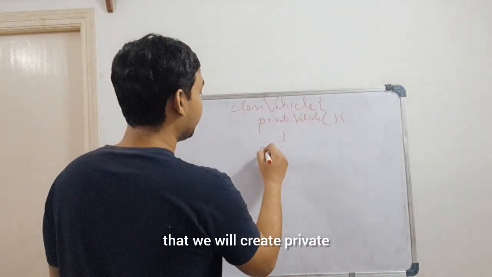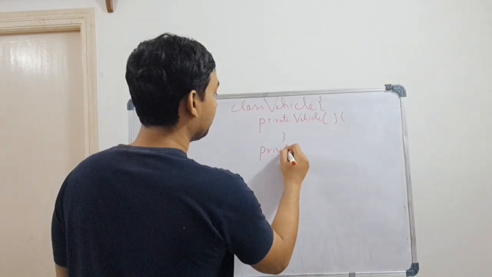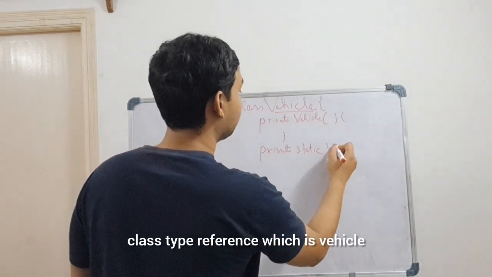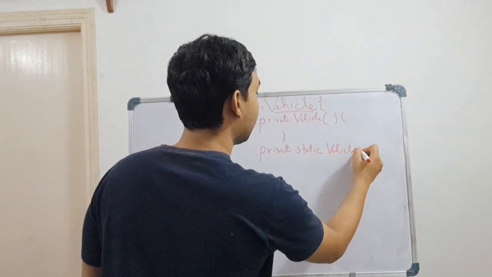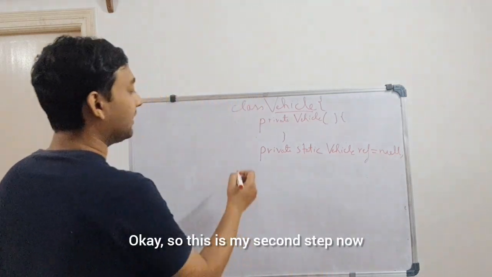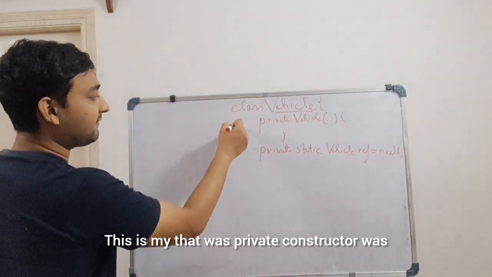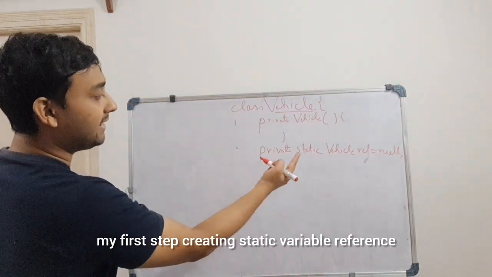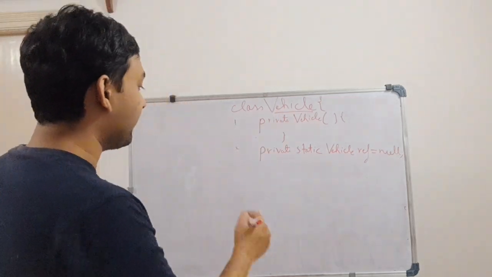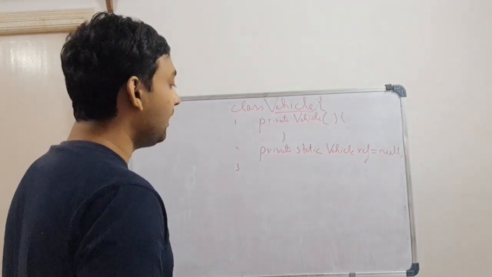So for that we will create a private static class type reference, which is Vehicle reference, and we will assign it to null. So this is my second step. The private constructor was my first step, creating the static class reference is my second step, and my third step will be